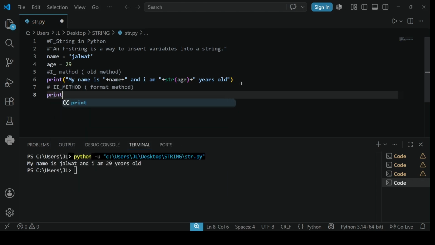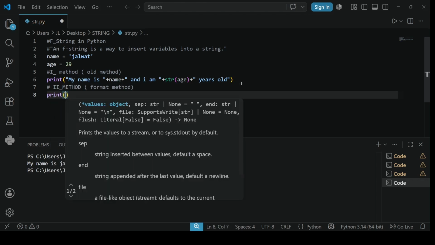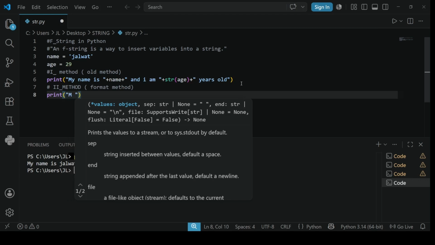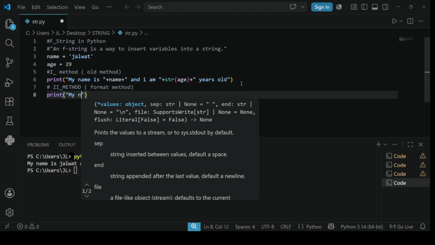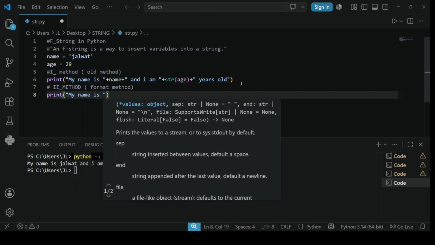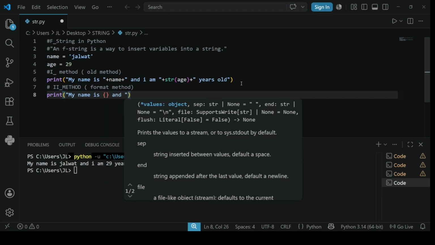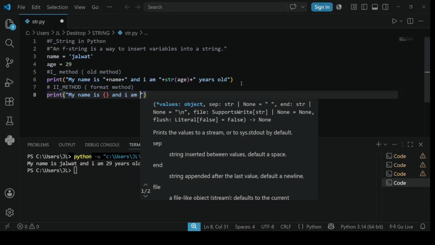I will write the print, then the double quotation mark. Then I will write "my name is". I will use the curly bracket, then write "and I am"